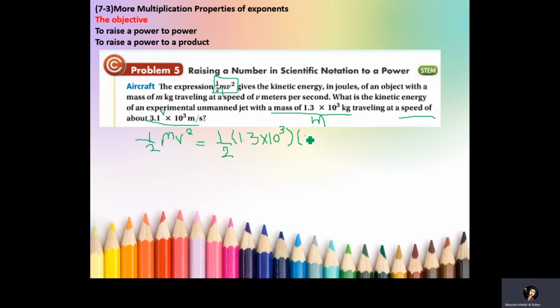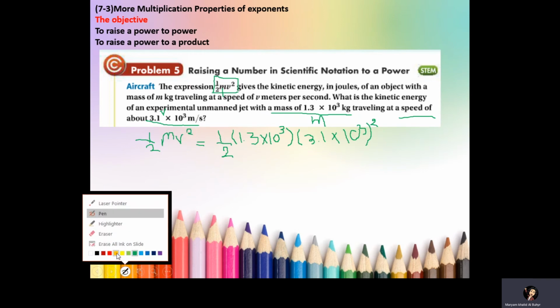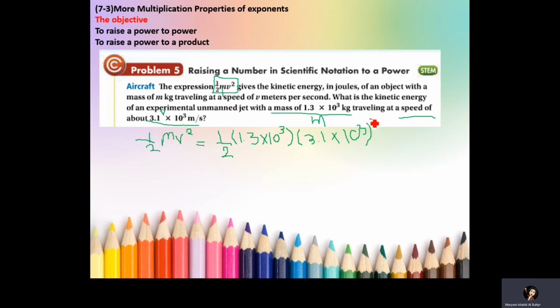So that is 3.1 times 10 to the power 3, all this to the power 2. From where is this 2? It's from here, from this rule. So be careful once you substitute in something similar to this one. Now you need to distribute this power over all the numbers that you have inside it. So keep this 1/2